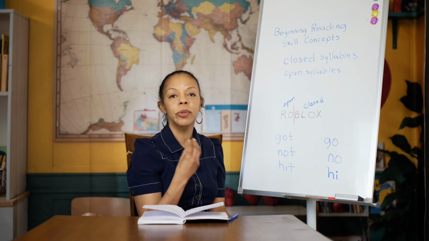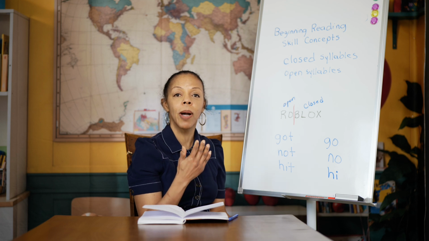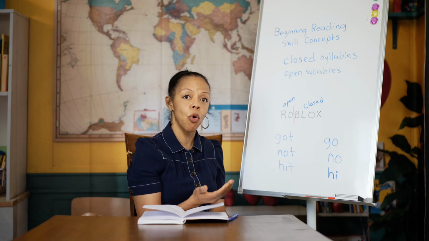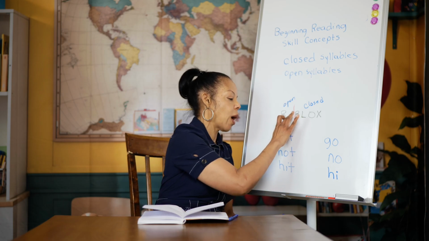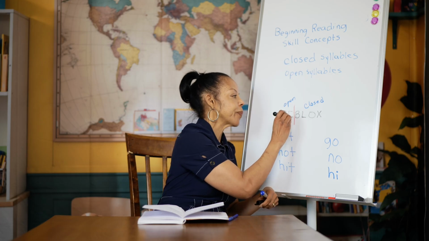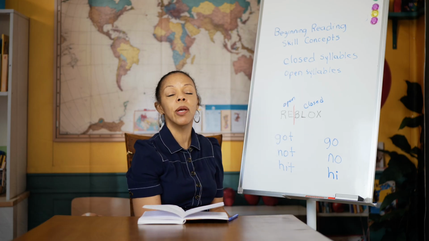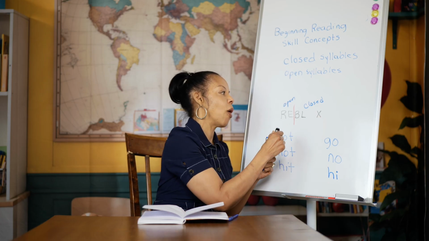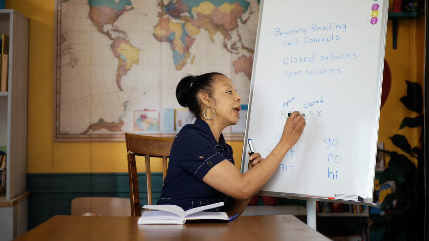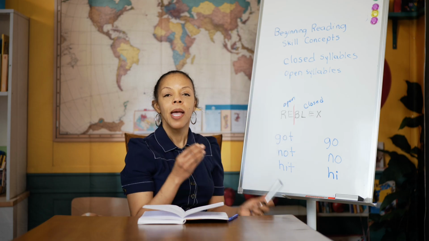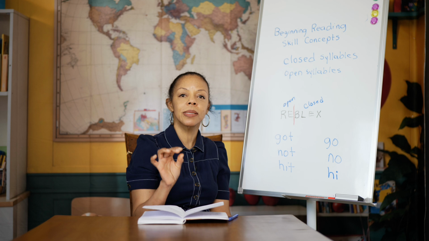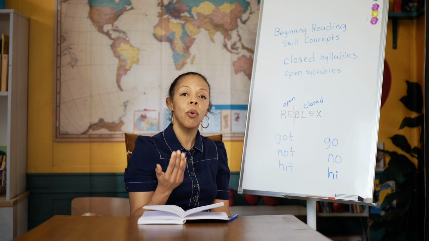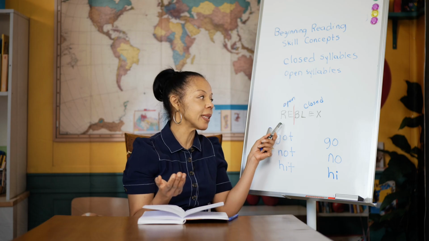So you can continue to go into the lesson with teaching them about open and closed syllables by changing the vowels in Roblox and say, wonder if the O was an E. Because it is open, it would be pronounced Re-blox. And if we change the O to an E in the closed syllable, it would be Re-blex. Those are the types of assignments and tasks that get children's attention, and it helps children who learn differently understand the concept of